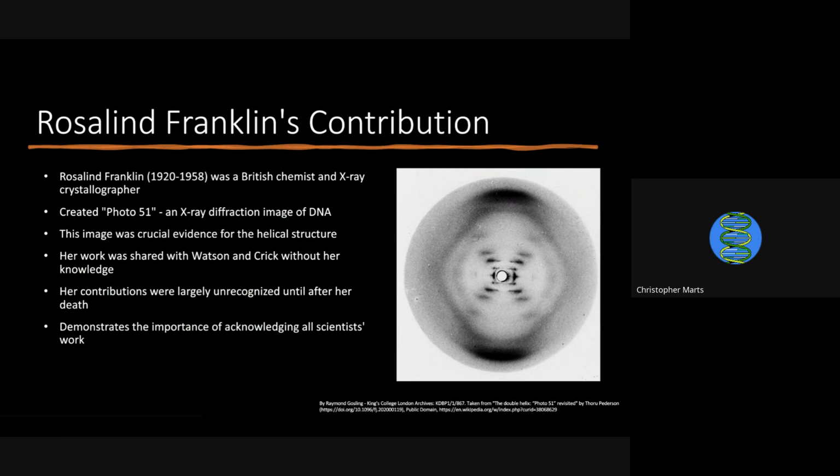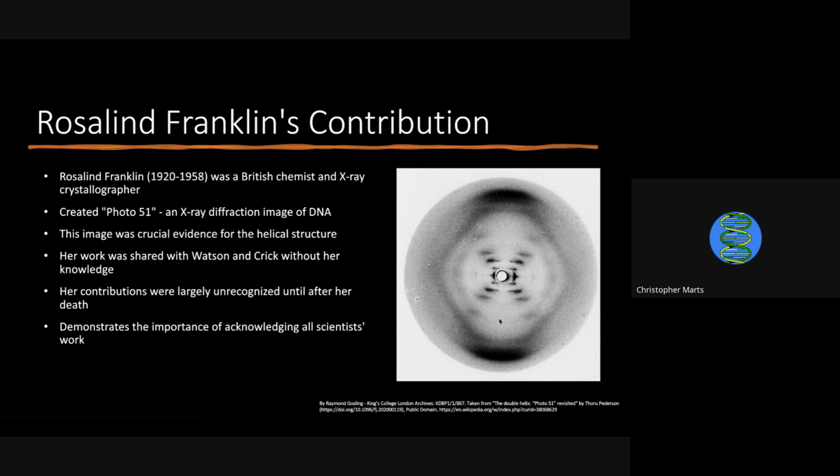So she did a series of X-rays looking at DNA. She got interested in this and tried to X-ray cells to capture their DNA. And photo 51, that's what's shown over here on the right, is probably her most famous one that shows that